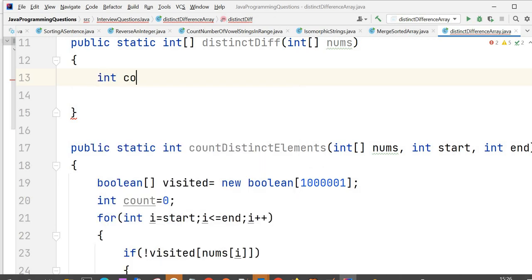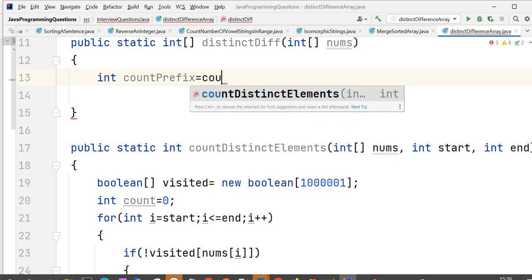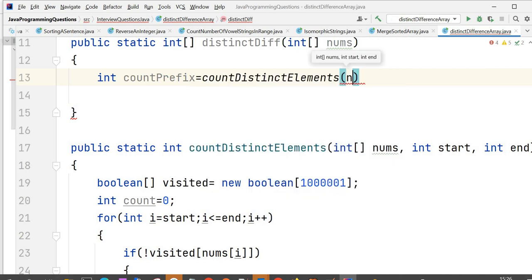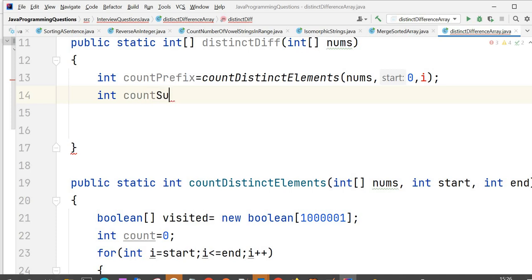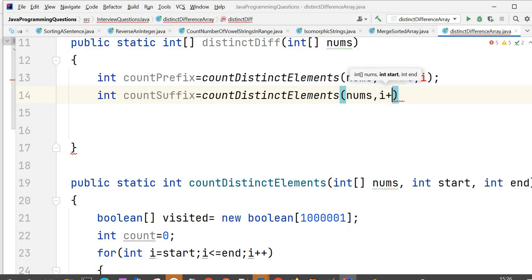Let's take one variable for that, count of prefix. In case of prefix, when we are calling count distinct elements, the nums array would remain the same, start index would be 0 and end index would be I. Similarly, when we are counting the suffix, we call the function with the nums array, start index I plus 1 and end index n minus 1, right?